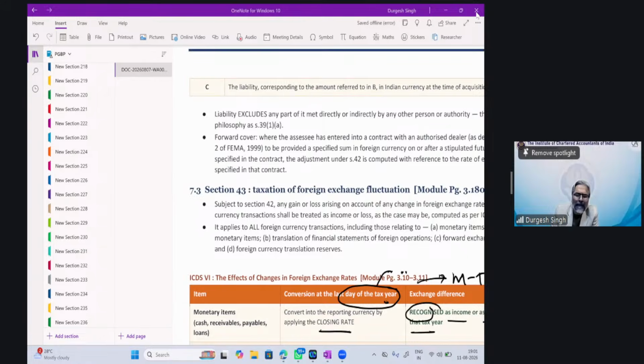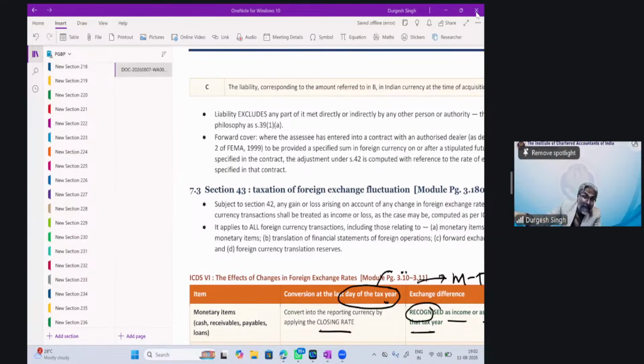Realized, unrealized doesn't matter, no? Say for example, here on 31st of March, I have not made any payment. Just take this example. Say at the spot rate, the loan that was being taken was, say, rupees 100, a general loan, nothing to do with that foreign asset. Because if it is a foreign asset, 42 will come into play. Say a general loan taken in that context, and the foreign currency loan.